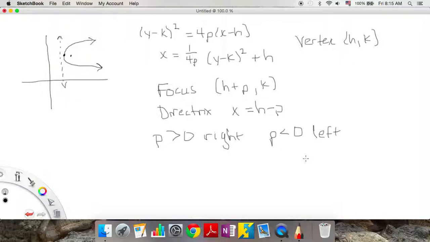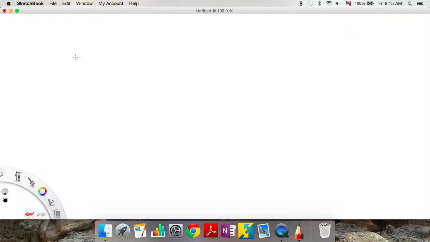Okay, so those are the generic equations for parabolas. Now remember, this one is not a function. It does not pass the vertical line test, so it's not a function, but it is a conic. And like we talked about before, those conics aren't functions anyway. So let's try one. If I want to graph this parabola,